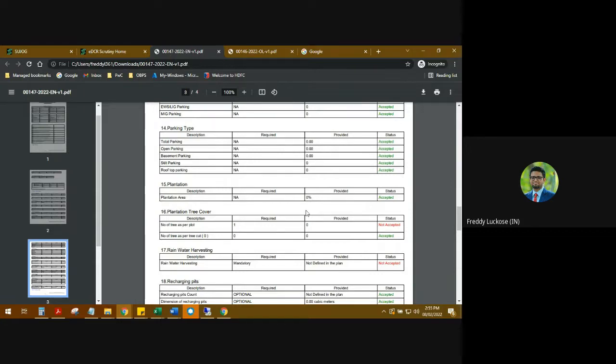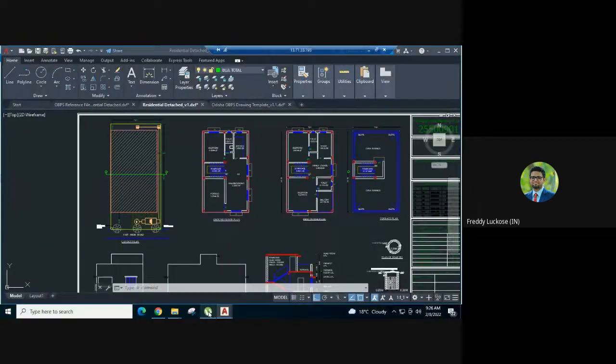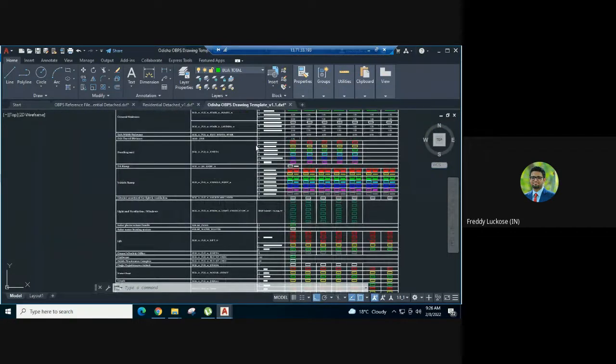So this is a much more efficient way in case you want to identify what all provisions are applicable for your project. So moving ahead, the first feature that we have to tackle is the plantation tree count. As per the project, there is a minimum requirement of one tree based on our plot size. So we can go into the drawing, and as you can see, there are three existing trees already present at site. So I'll just go to the drawing template,